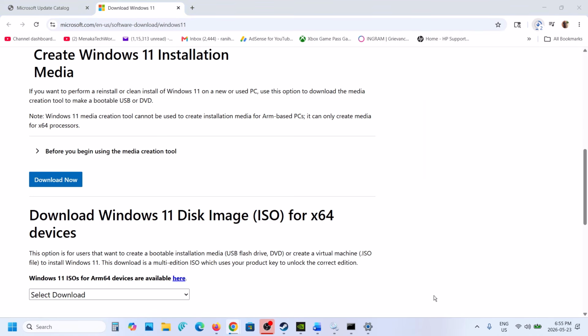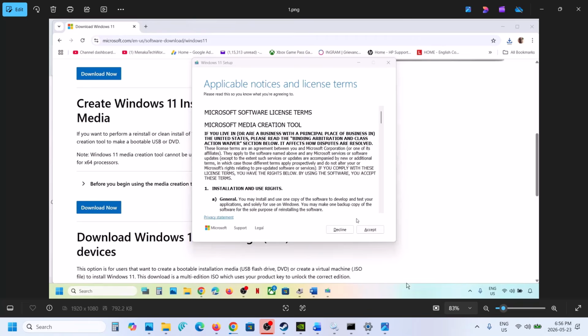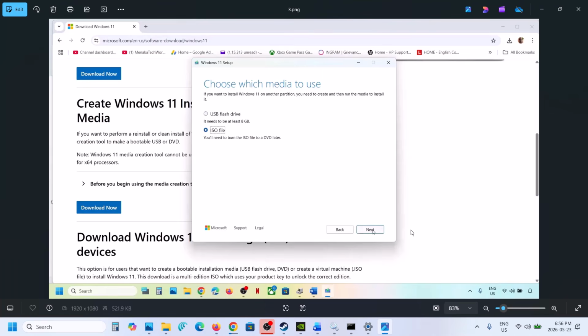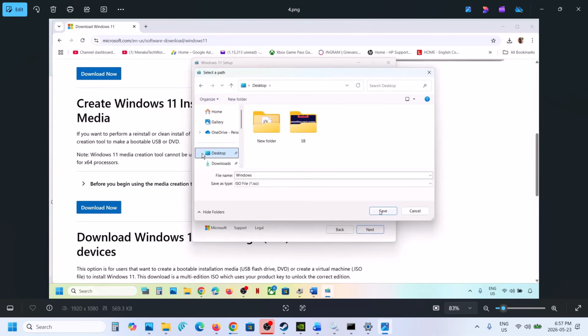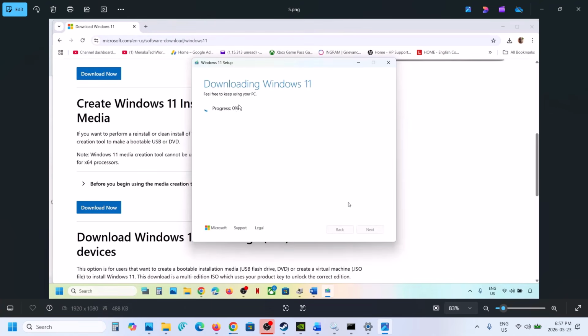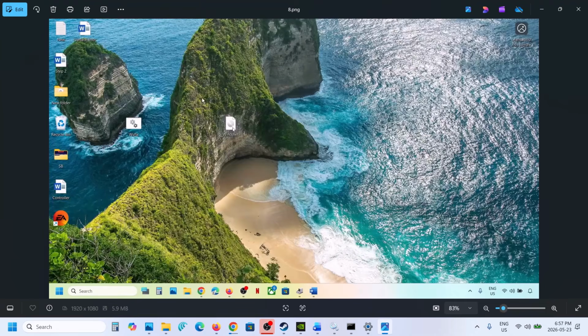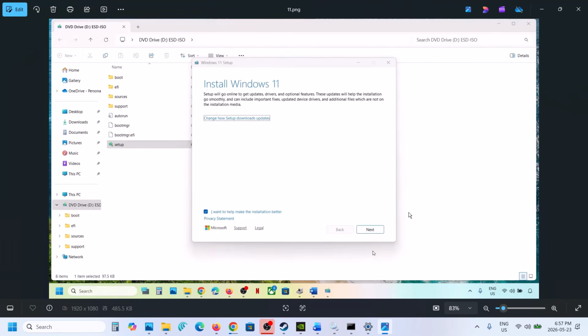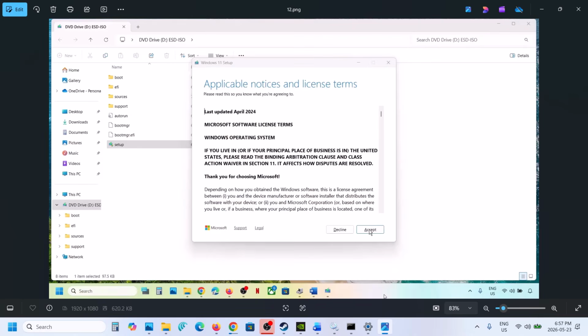Click on it. So click on accept over here. By default Windows 11 will be selected. Click on next, select ISO file over here and then click on next. You can save it to desktop, click on save. Let the download complete. This process will take some time. Once done, click on finish and let this close automatically. Go to desktop, make a double click on Windows ISO file, make a double click on setup file, click on yes to allow, click on next, click on accept,